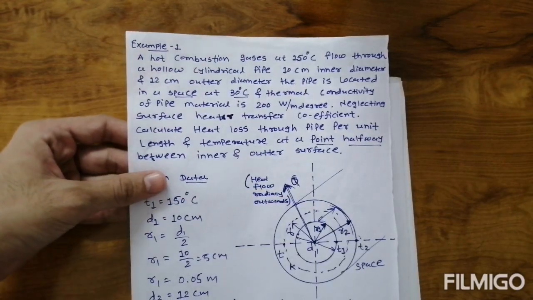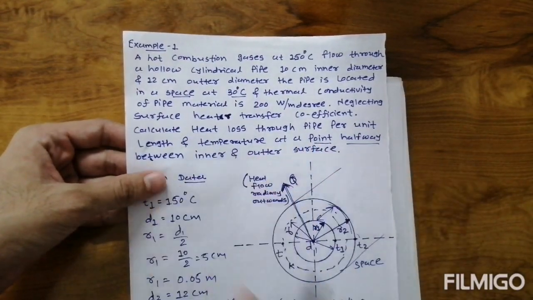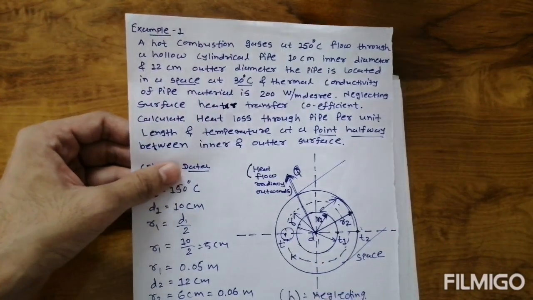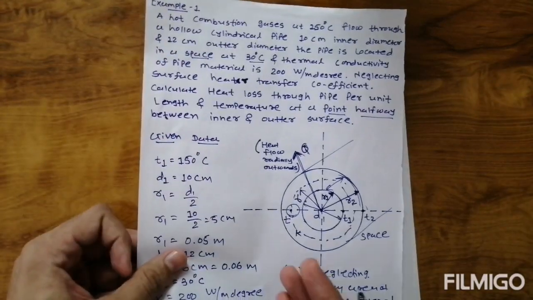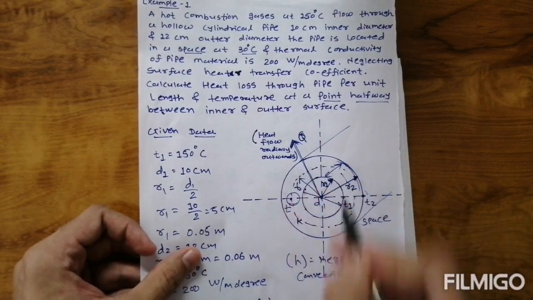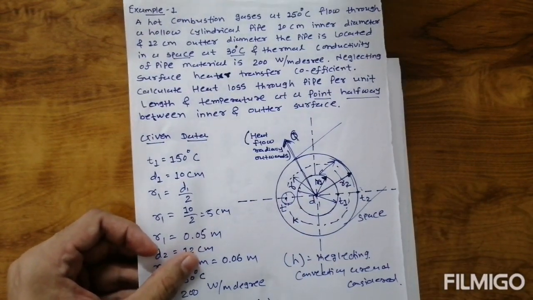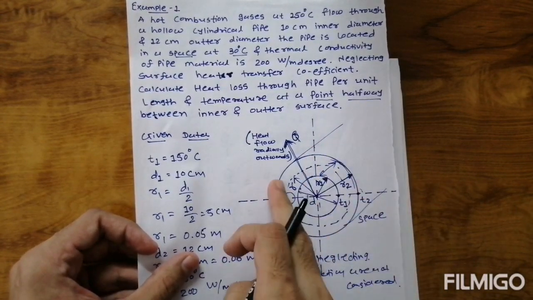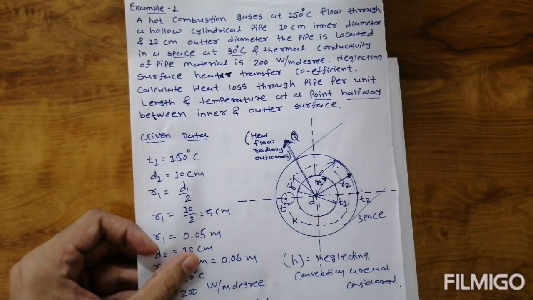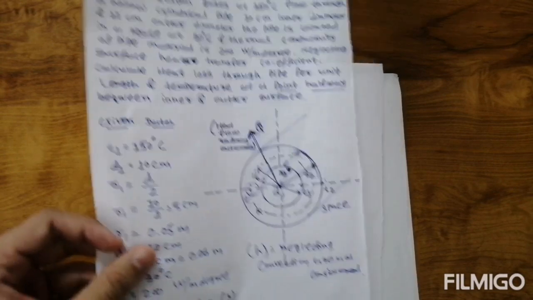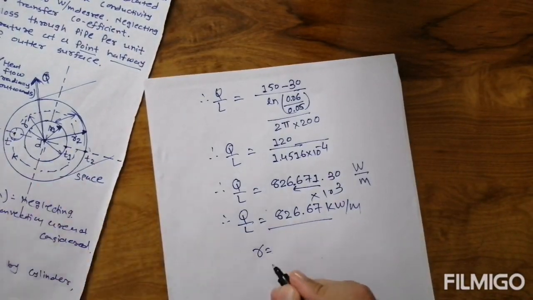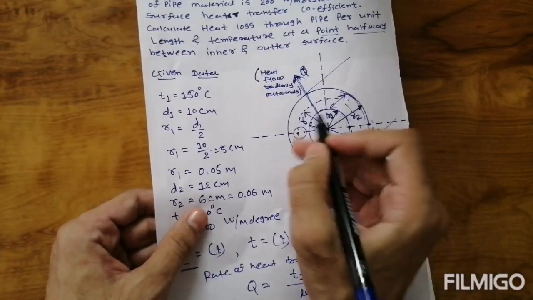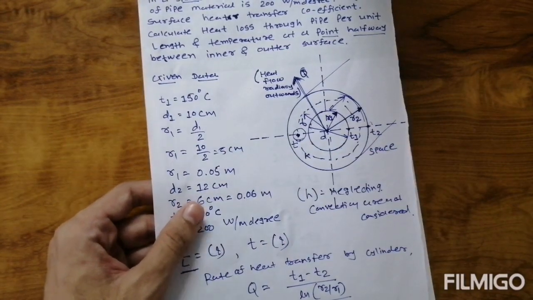Now how can we find the temperature at the point halfway between inner and outer? It means how can we find the value of that T. So how to determine that T? First of all, if we consider the halfway point, the halfway radius will be required. So how to determine the halfway radius? We can say that the inside radius is given, the outside radius is given, so we can take the average of inside and outside, and find the halfway radius. Radius R is equal to inside radius plus outside radius divided by 2. So we can determine that interface radius or halfway radius.